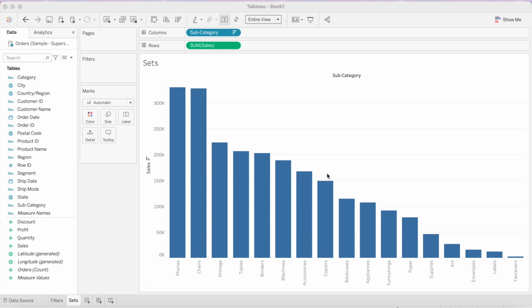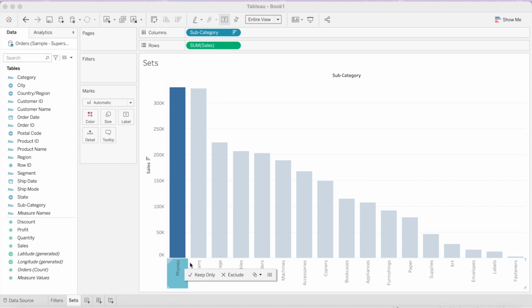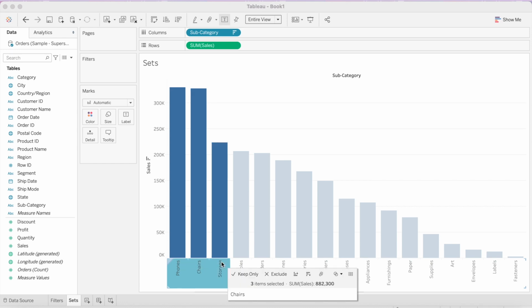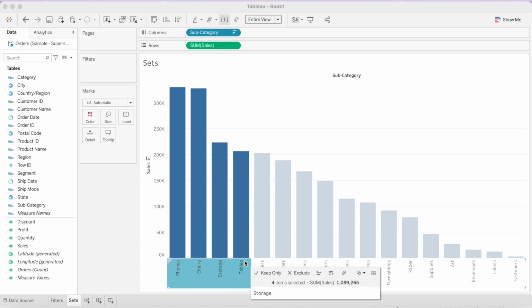To create sets including top 5 subcategories by sum of sales, the first option is by directly selecting top 5 headers from this bar chart by holding the control key. As we have already sorted these subcategories in descending order, currently we will select these top 5 subcategories from the headers itself.